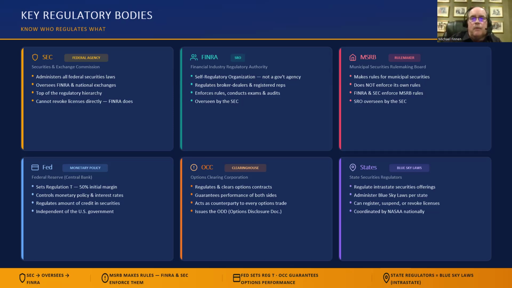FINRA does that, but if you're going to be charged criminally, where you might go to jail, then the SEC is involved. Next, we have the self-regulatory organizations. What does that mean? The SROs are organizations that have some government powers. They have the power to audit. They have the power to do punitive actions, but they are